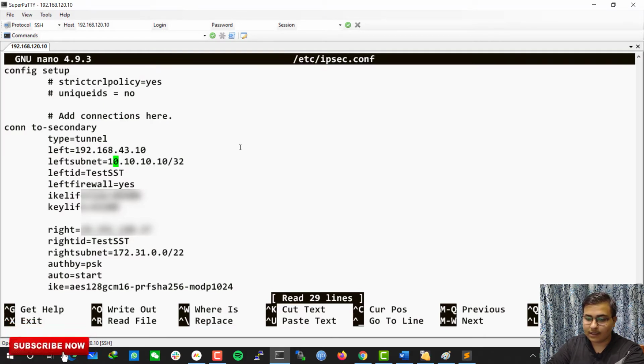For left subnet we will put our VTI IP, so we will create the VTI on this IP. After that, left ID according to your server configuration, left firewall equal to yes. It will automatically add an iptables rule, and then IKE lifetime according to your server key life as well.